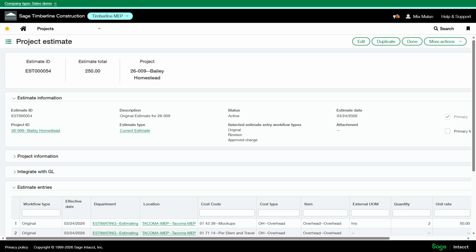As the project progresses, you can compare actual costs against your estimate, track variances by task and cost type, and use change requests and change orders to revise the estimate when the scope changes occur. The real power of combining a WBS with project estimates is in your reporting, because every cost code is mapped to a specific project, task, and cost type. So you can view the cost versus estimate variance at any level of the hierarchy.